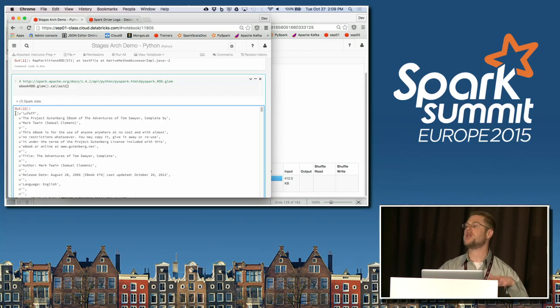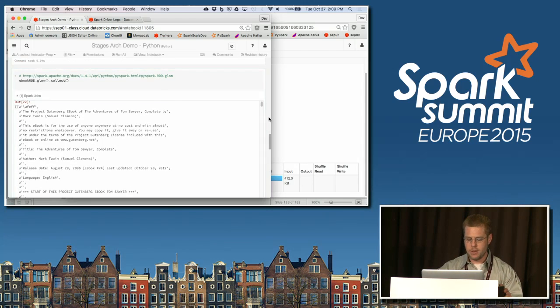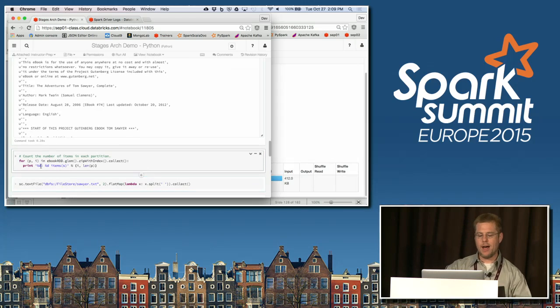So I'm claiming that we expect to see a list of 2 things, and each of those things will be a list of all the stuff from a partition, but you can't really see that here. So we have a little helper function. If I scroll down, here's the helper function, and what this does is we're going to take this